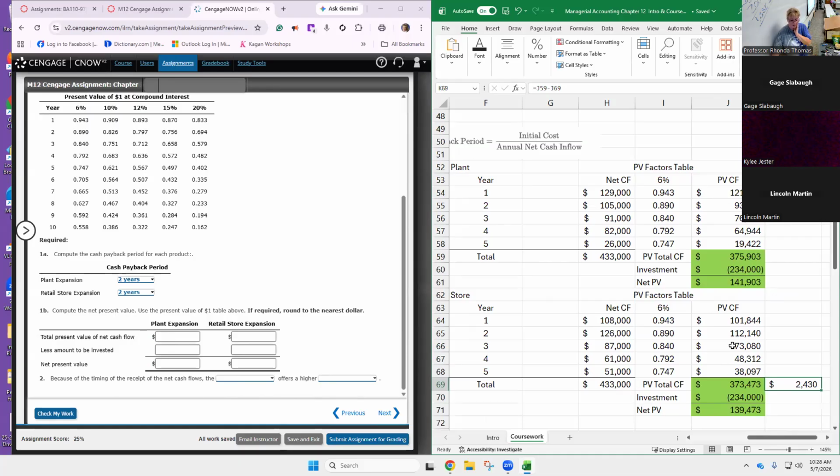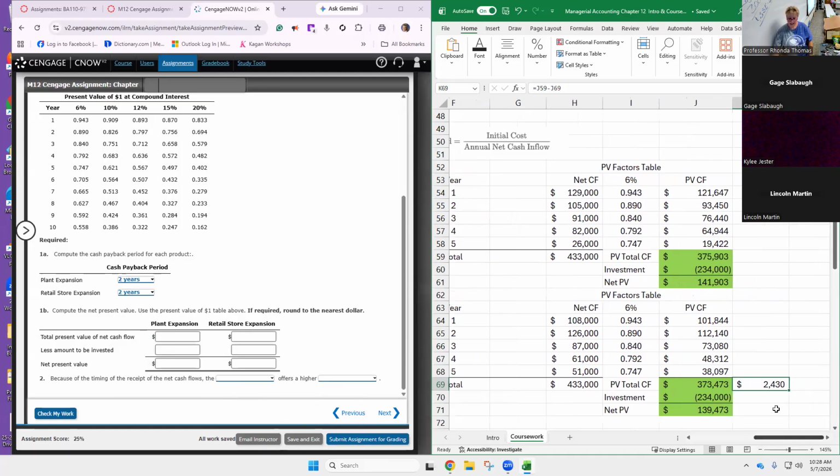Now, the fact that they're the same investment, that's not a difference. And one more thing, accountants, or financial people, love to see what the percentage change of something is. So if somebody said, well, 2,430 is the difference between the projects, somebody's going to ask, do you have a percentage on that? And so what you would do is take the difference that we just found, and I